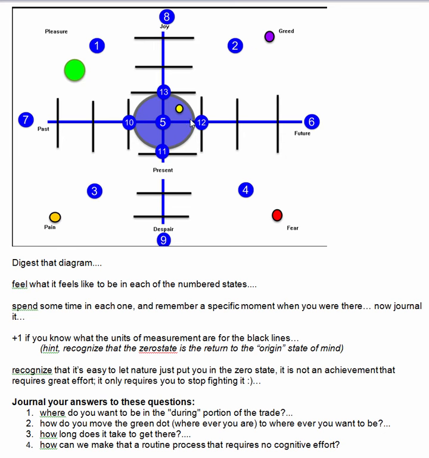The further out I go, past 12 towards 6, if I'm looking too far into the future, I miss the tracks in front of me. I miss the change in state because I'm elsewhere. If I'm dwelling in the past, I'm also missing those next states, and I'm elsewhere, and I'm not mindful. If I'm overly joyful, maybe I had a string of good trades in the past, abnormally good trades, and now I'm elated, I'm feeling good, and I've gone off the deep end, and I'm allowing that emotional state of endorphins to flood my brain and alter my perceptions and maybe my risk management parameters.